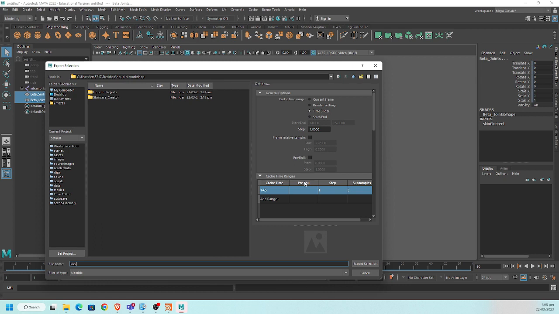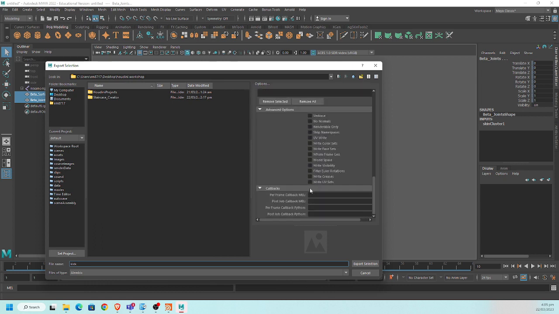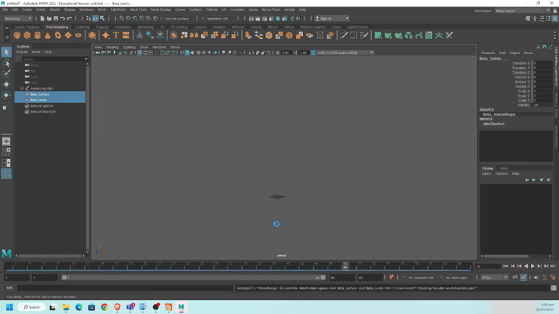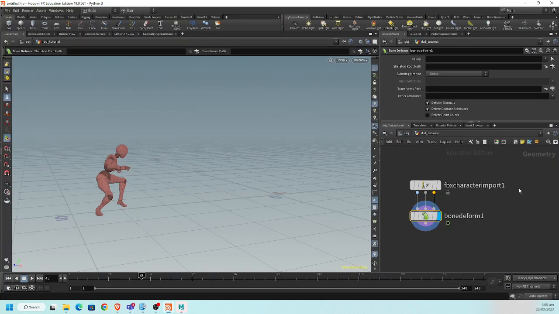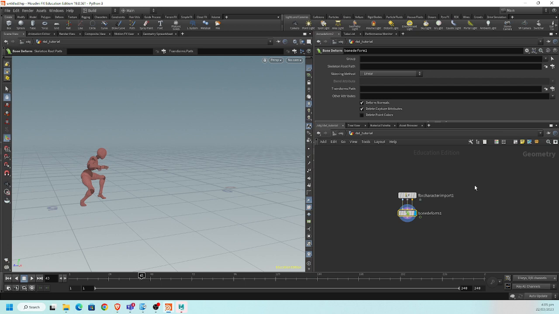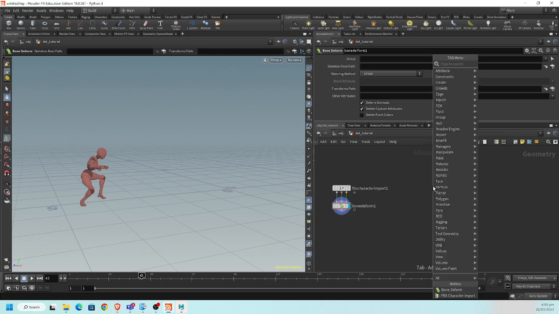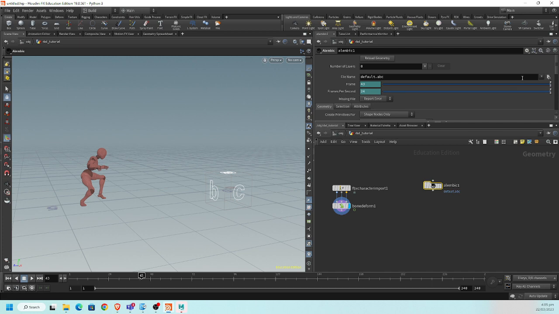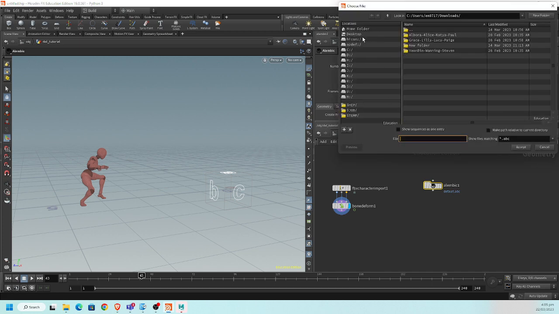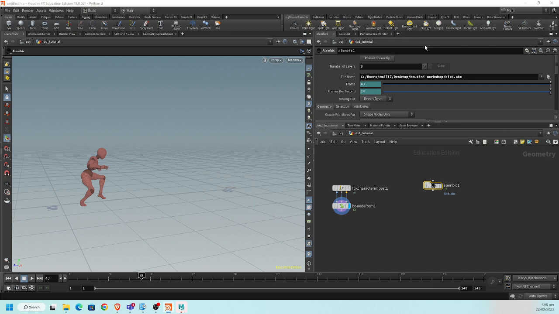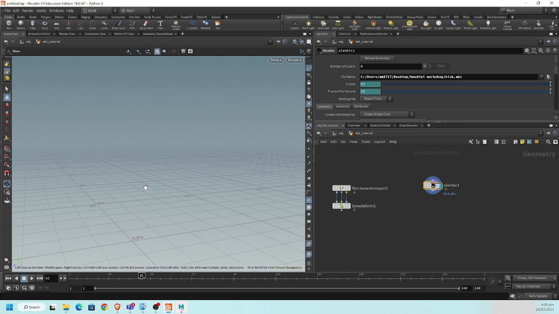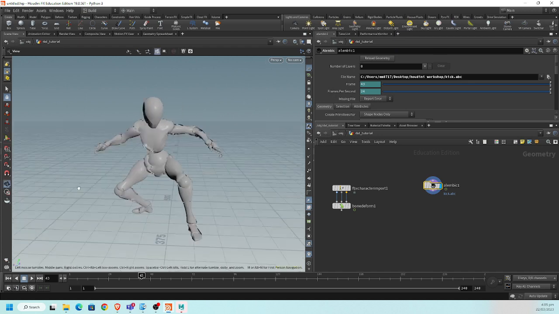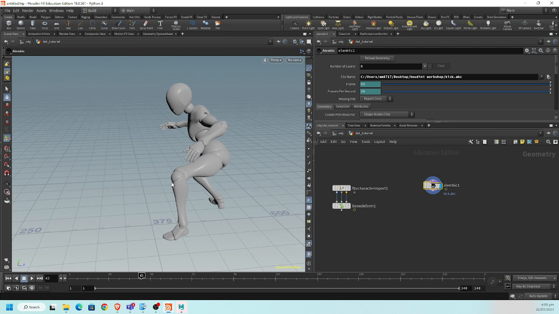Make sure that it is 1 to 65 frames, and make sure that UV write is on. Export selection. Here in Houdini, you just right click and search for Alembic, and then bring it in from desktop, Houdini workshop, kick. So now you see, oh, it's loaded or not. Oh, there it is. But it is huge